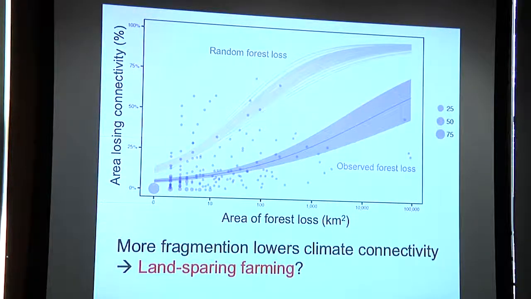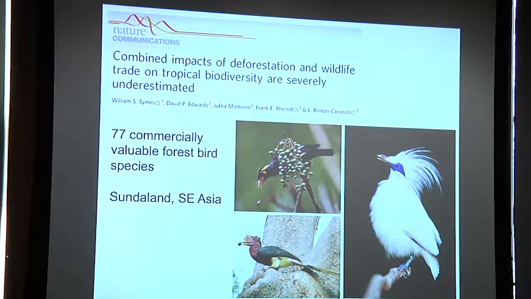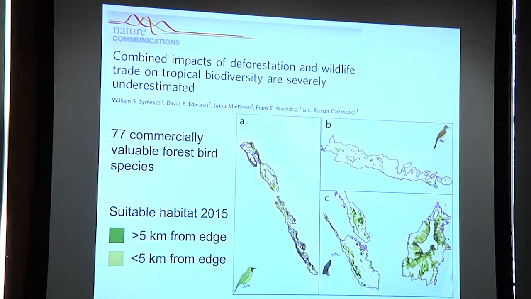So we flip to wildlife trade. Many species are traded. We're interested here in forest species, species that are dependent upon forest. Those are 3 such species that are commercially traded within Southeast Asia. So we take 77 commercially traded species, and what Will Symes has done, he's taken their ranges and he has